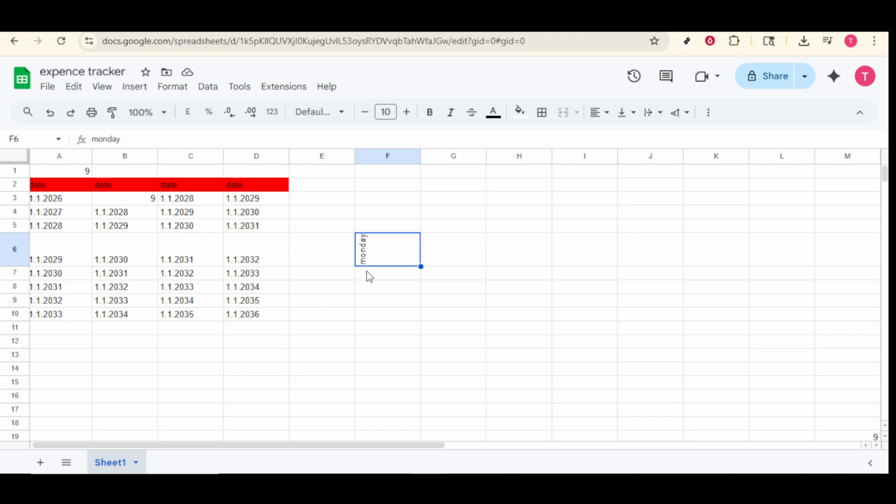A helpful tip is to use rotation primarily for headings or short labels. Long paragraphs or detailed numbers often remain clearer when left horizontal. That's all it takes. Select your cells, open Format, hover over rotation, and pick the style that fits your sheet. With just this small adjustment, your data can look cleaner, save space, and be easier